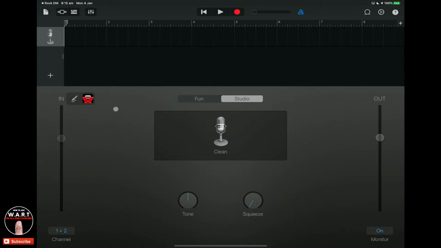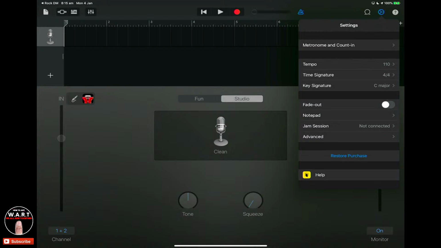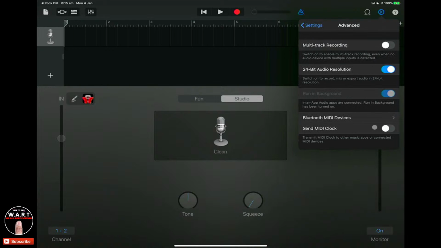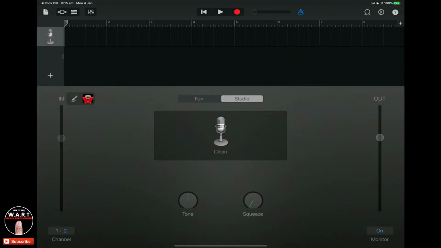So how do we get this to match? We want it to sync up, right? So how do we sync this up? This is what you do in GarageBand. You head over to the little icon up here in the settings, head down to advanced, and turn on send MIDI clock. Now when I hit play,